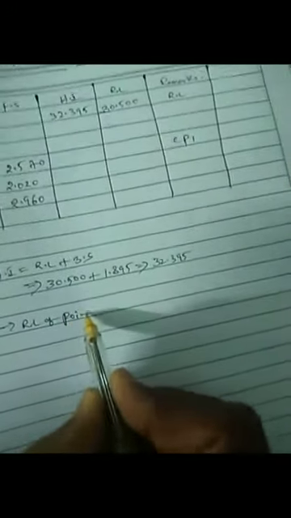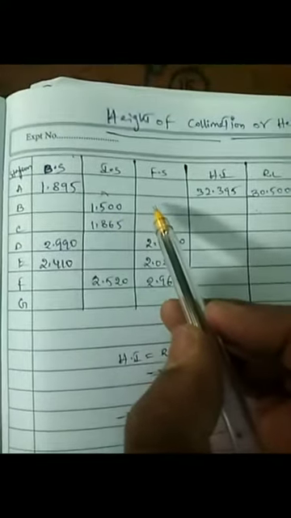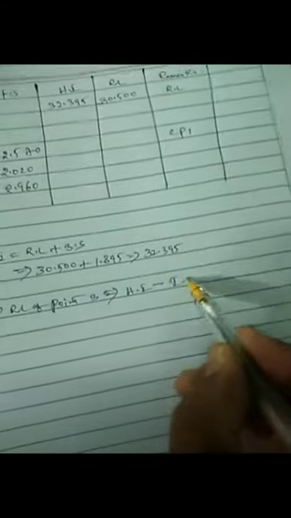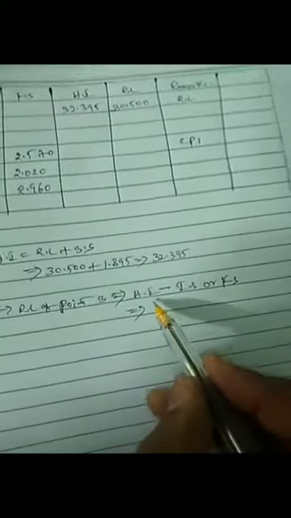Then we have to find the RL of station B. To get the RL of station B, what do we have to do? RL of point B is equal to HI minus, and what is the sight we have here? Either FS or IS. You can write here IS or FS. What is the HI we got here? 32.395 minus what is IS? 1.500. Then we will get the answer 30.895.